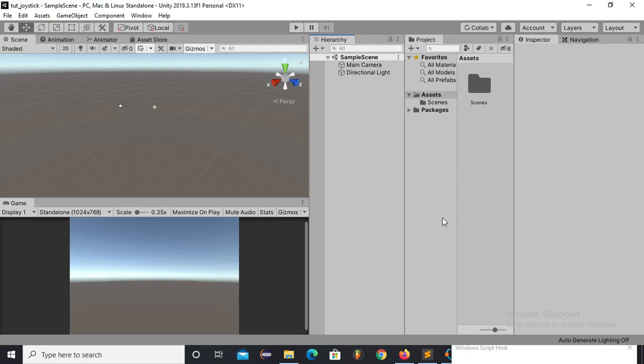Hello viewers, in this tutorial we will learn how to create a joystick in Unity 3D, and we will see how to use that joystick to move a rigid body game object on a surface. You will also see how to move that ball in the air using that same joystick. But for that we will implement a slider which will help us lift the ball in the air, and when we put the slider back to its original position, the ball will come back down to the ground surface. The function of the joystick will remain the same on the ground and in the air as well. So let's start with it.